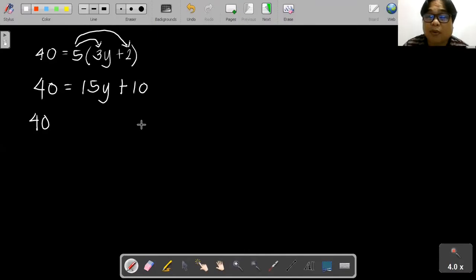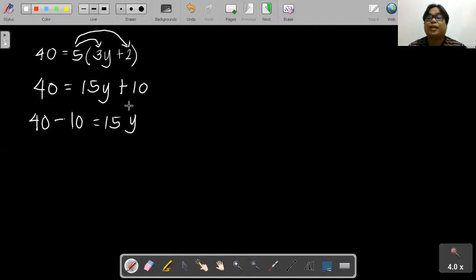We will just transpose the 10 from the right side to the left side, so this becomes minus 10. Why minus? Because from the right side it's plus 10. As I've said before, when any number or algebraic expression passes through the equal sign from one side to the other, its sign changes. So it becomes minus 10 is equals to